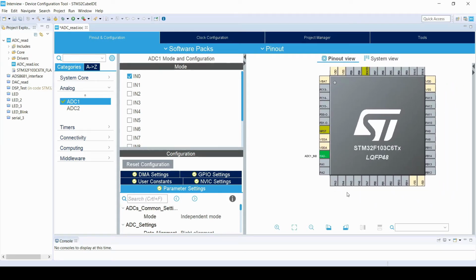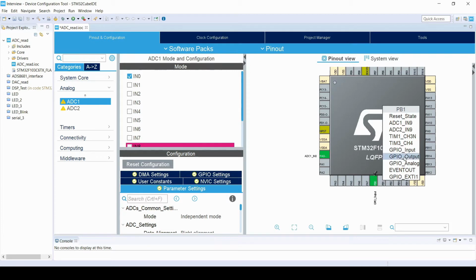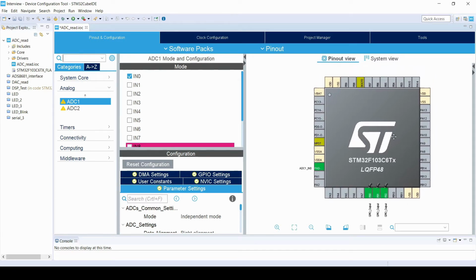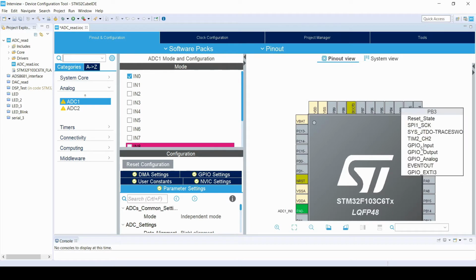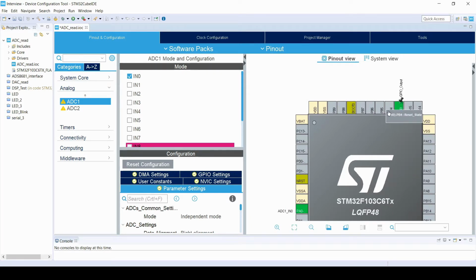Now for the LCD interface, we are using PB0 to PB7 pins as general purpose input output. To select the GPIO functionality of the pin, click on respective pin and select GPIO out. It will make the pin configured for GPIO output. We have to do this for PB0, PB1, PB2, PB3, PB4, PB5, PB6 and PB7.